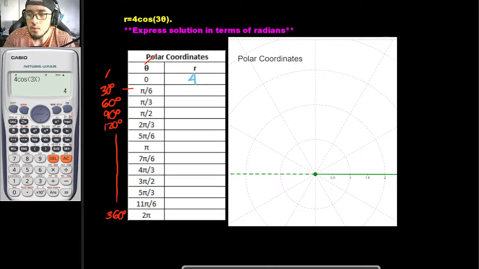Then pressing calc once again. What if our x is to be pi over 6? So pi over 6. So our answer here is to be equal to 0. So this one is to be 0. And for pi over 3, so